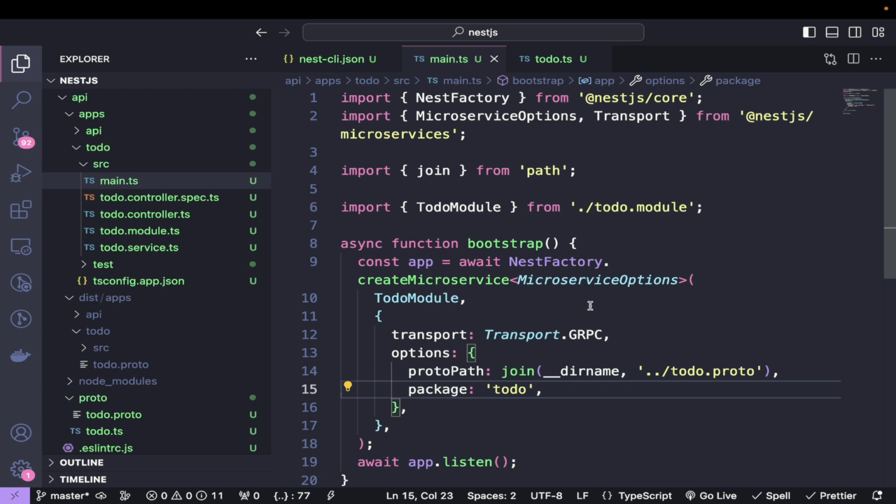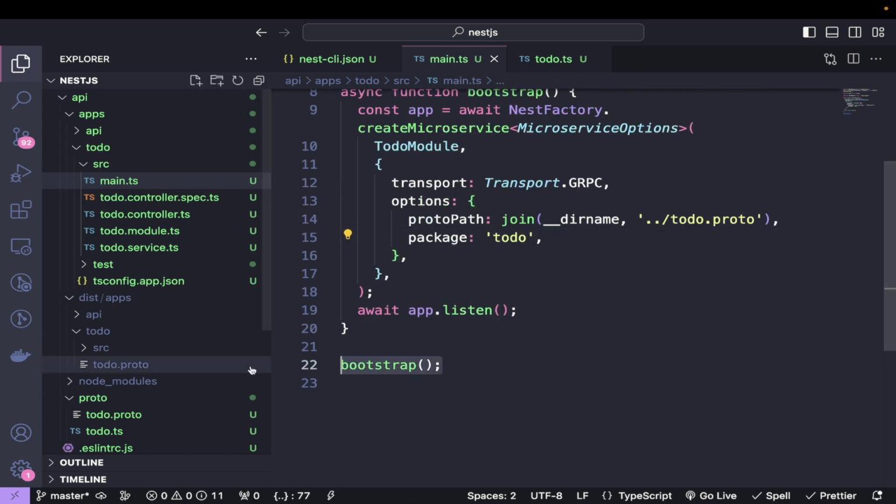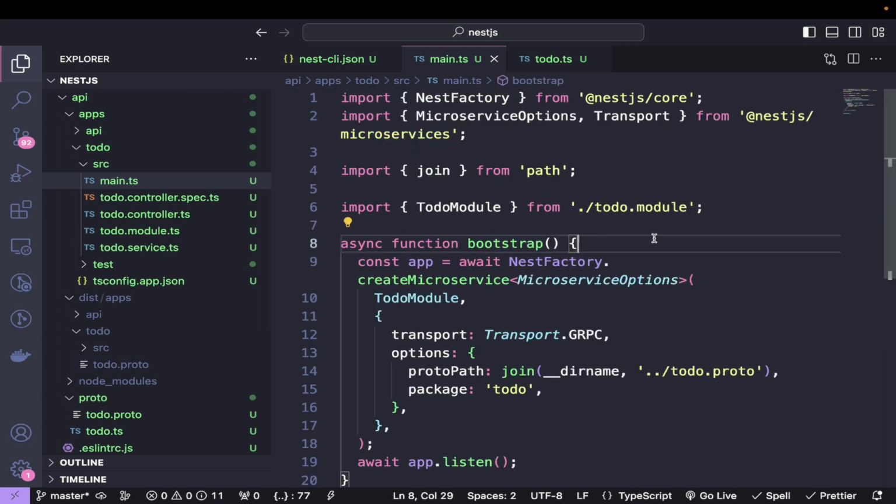But again, you should be familiar with NestJS before jumping into this, and all those basic things I'm just assuming you can do and tidy up. This is more just to show you how to connect NestJS to gRPC. And then of course we listen, and then we call the bootstrap function. So that's the to do,